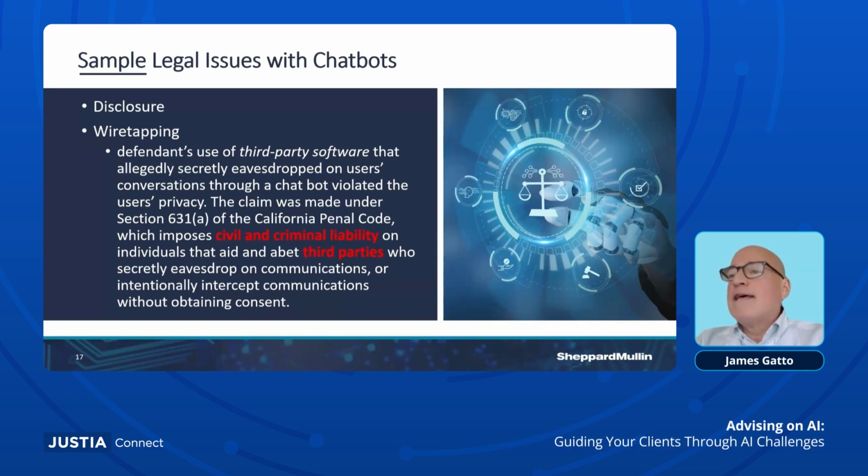and not with a human. There's a whole set of issues that can arise with respect to recording of chatbot conversations, and it could get into some of the wiretapping laws. So it could be civil and criminal penalties if you violate these. This varies by state. When it comes to recording of conversations, some states are single party consent, some are dual party, meaning if one party consents to recording, it's sufficient. And so if you're a party to a conversation, you can consent to it. Some states, both parties have to consent. So it's important to look at this on a state-by-state basis and make sure you understand which laws apply